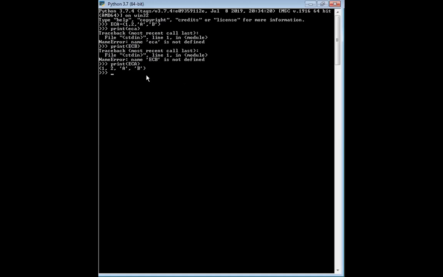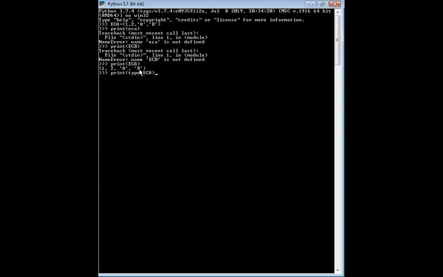Here you already know that I have printed the ECA, and I got 1, 2, A and B. Now I will be using the print statement, and then I will specify the type of ECA.